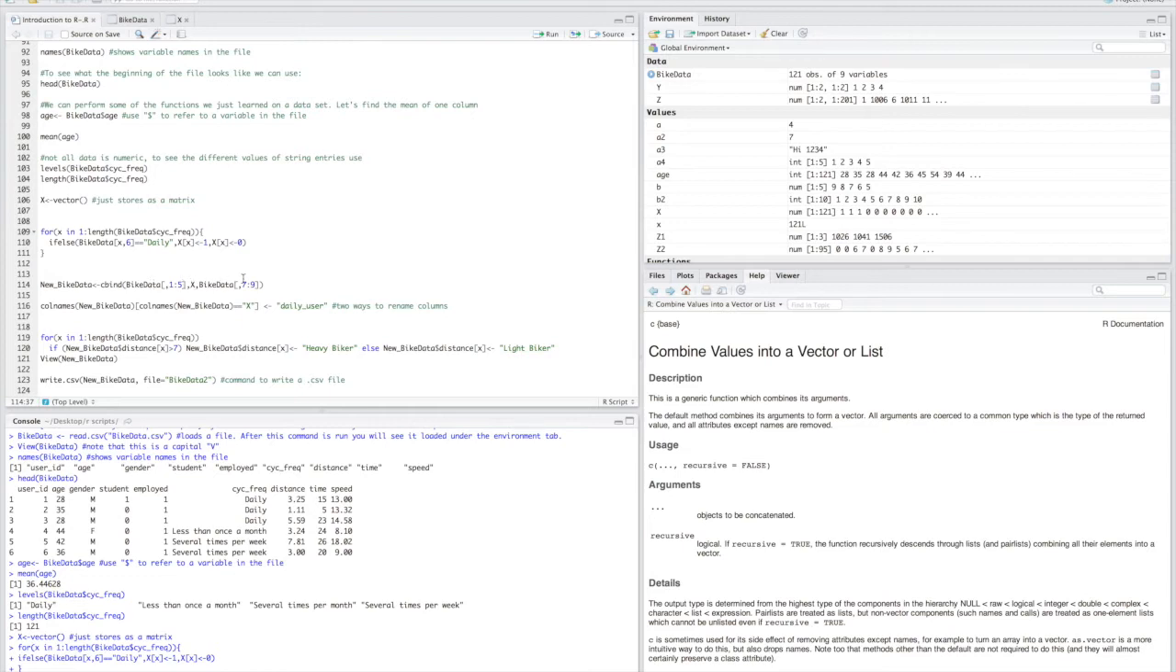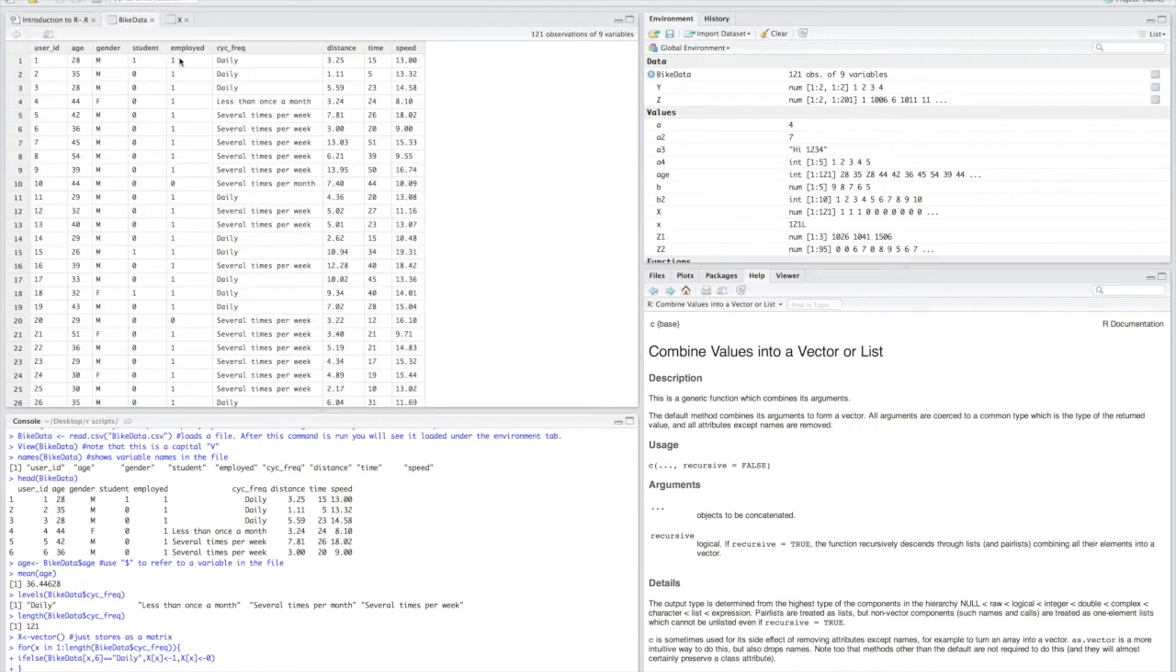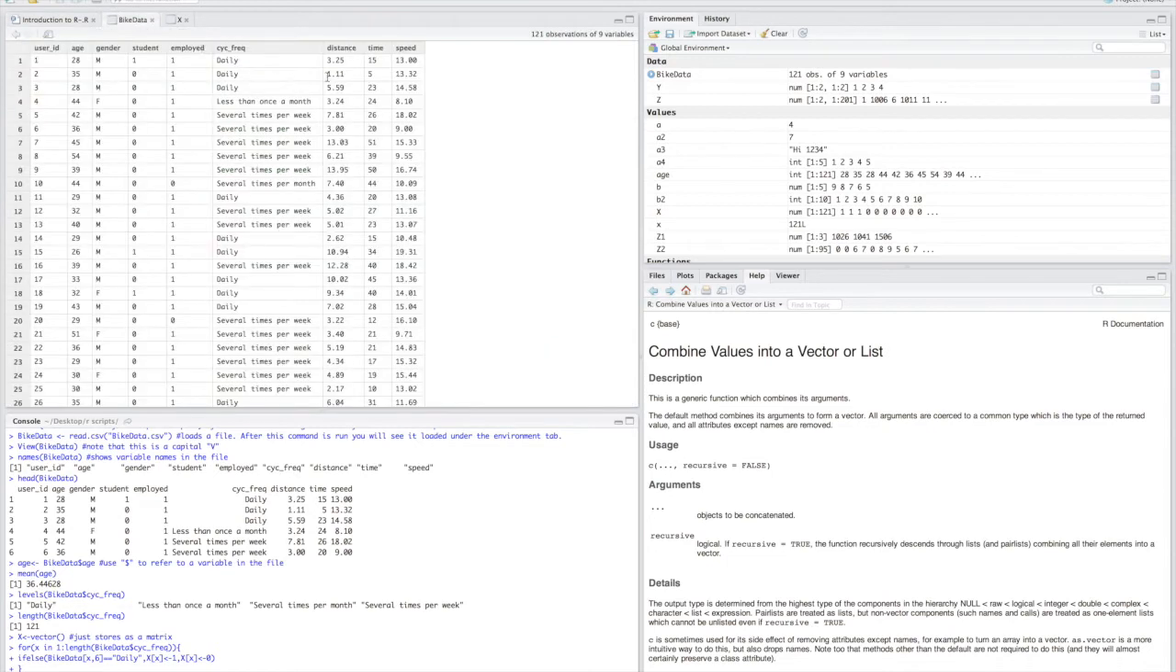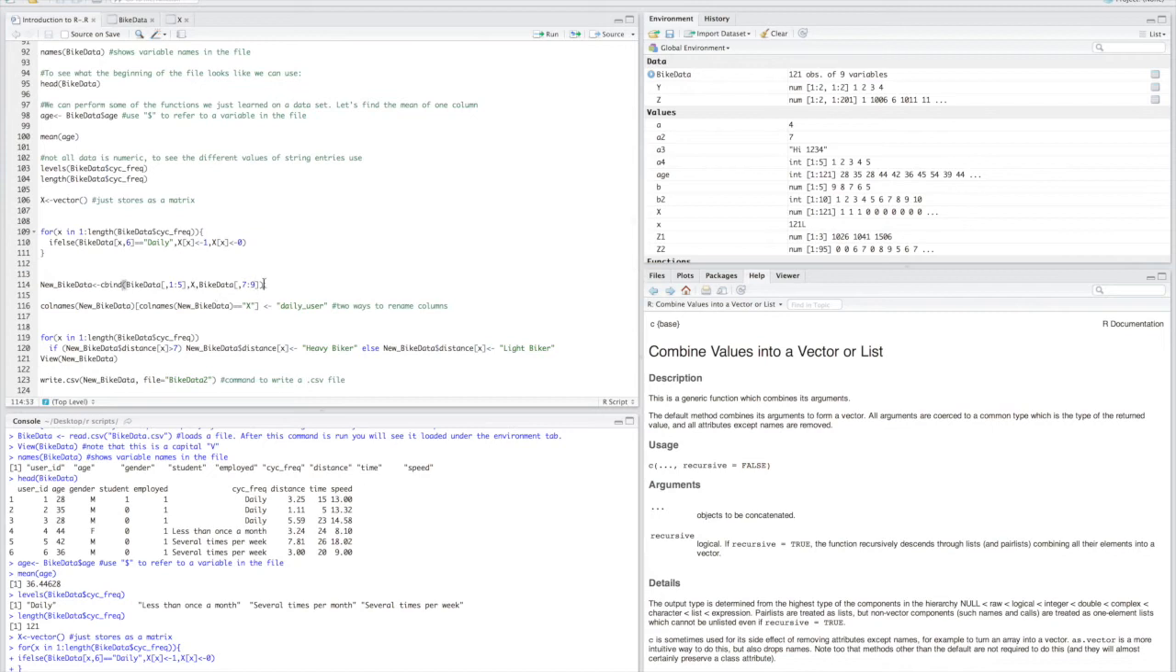So I'm assigning new bike data using the cbind function, and these are all the arguments that you are going to assign. So I'm doing bike data, and if I leave it blank, that just means all rows. And then columns 1 through 5, which go all the way up to employed. And then x, the one with the 1s and 0s for daily or not. And then bike data 7 through 9, which is just the last 3. So assign new bike data,